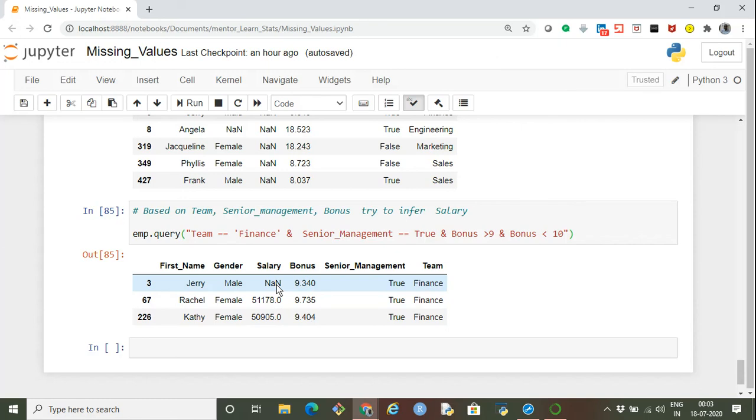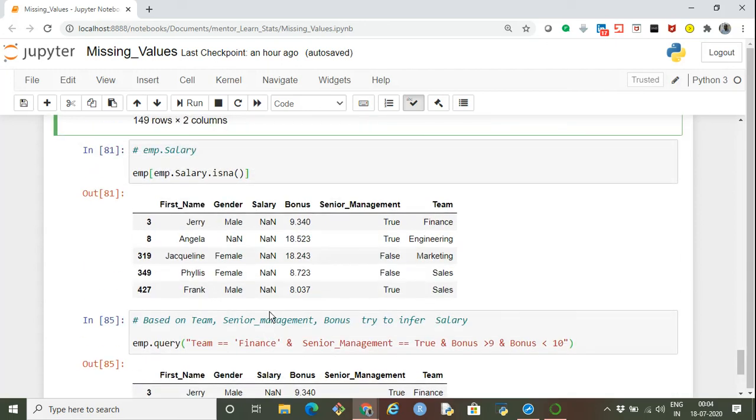The logic is that we make use of the information present in the other columns, and then we impute the missing values. This is much better. Yes, it is a time-taking approach, but it is a better approach compared to just assigning mean, median, or mode to all those missing values, because in that case your data distribution would change completely. So similarly, we can use the other columns to impute or infer the missing values of the remaining columns. So that's it in this tutorial. Thank you.